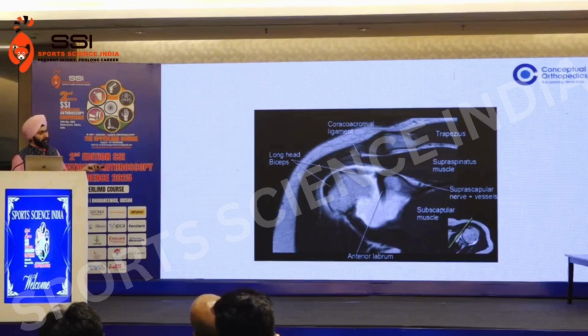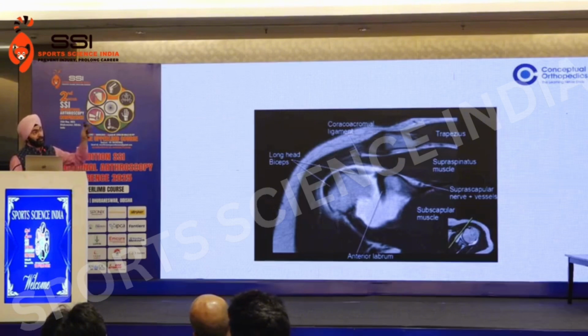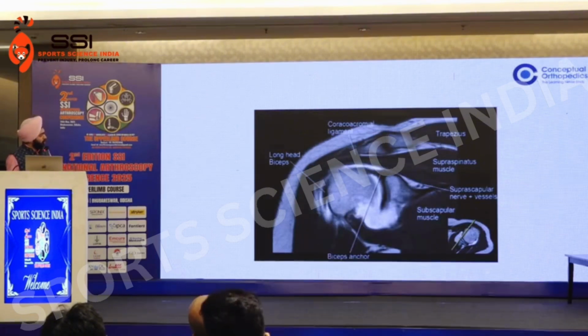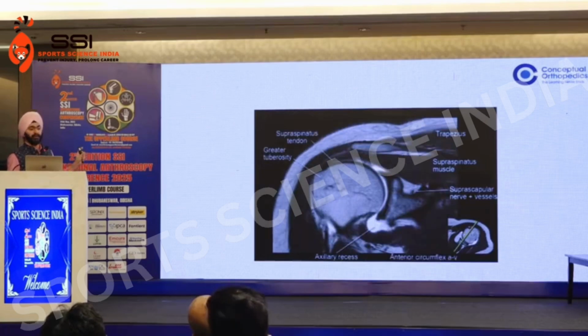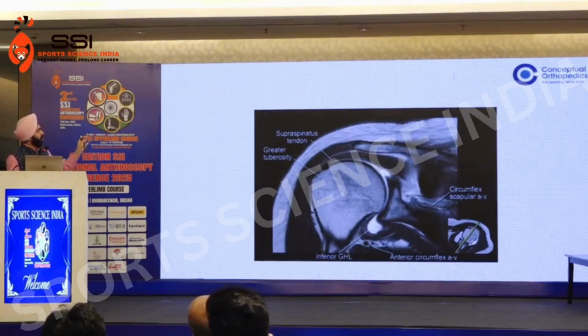So how do you know when it's supraspinatus and when it's infraspinatus? Usually the supraspinatus has a footprint of about 10 to 12 mm. Each slice, you remember, was 3 mm. So when you start seeing the full view of the supraspinatus going from the scapula up to the GT, start counting from there. The first 3 or 4 anterior sections would be supraspinatus, the full view from your scapula to the GT. Next would start coming infra. The posterior part would be infra, the anterior part would be supra.